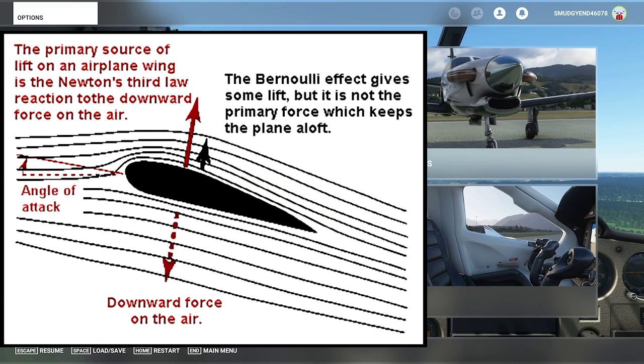So one thing I was taught, and I thought that this was a primary force of lift in the past. I think based on some recent things I've read that there's some controversy on that, but I'll mention it anyway, and that's the Bernoulli effect, which gives some lift. It says here in the graphic, but it is not the primary force which keeps the plane aloft. So what's going on there when we talk about the Bernoulli effect is